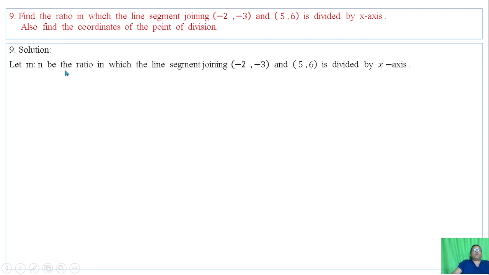Let m is to n be the ratio in which the line segment joining this and this is divided by